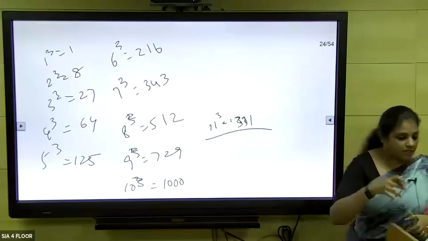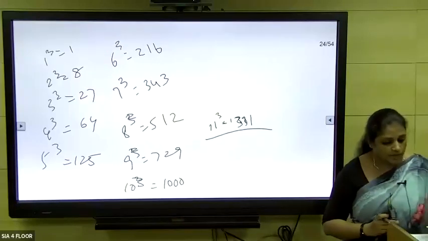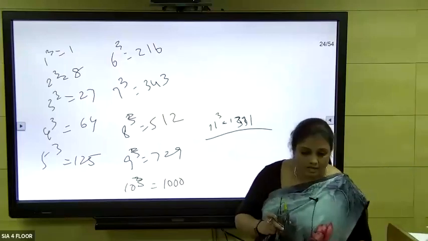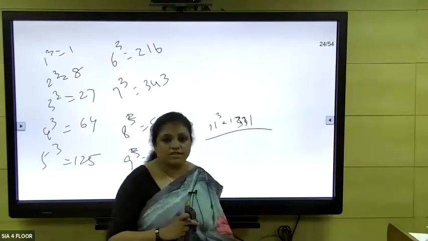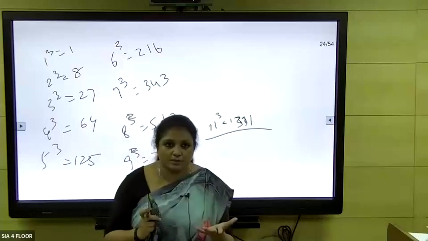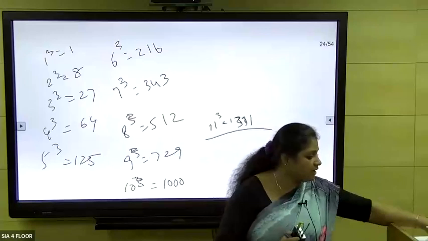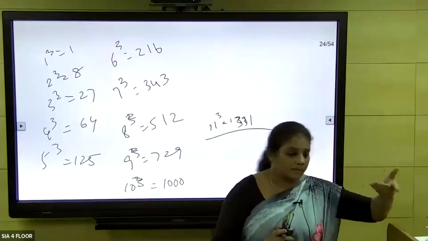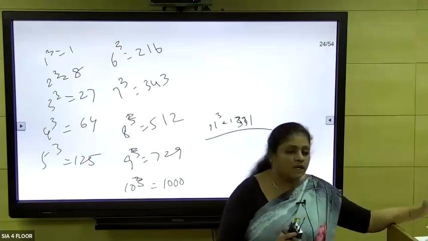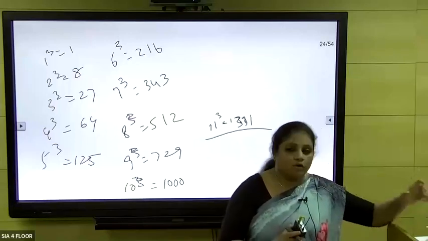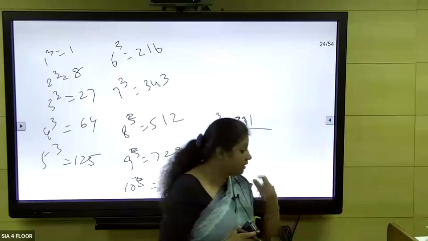Okay, so straightaway we'll move on to the problems. Number 1. So whenever you see a sequence, you just check whether any number is related to a square number. Such a kind of question came in UPSC, I think in 2019. We'll see that. So 81 is the square of 9, right? So it's 9 square. 100 is the square of 10, so it's 10 square. Next number 1, I'm talking about the first question. Take that.